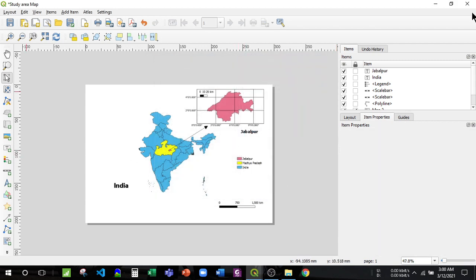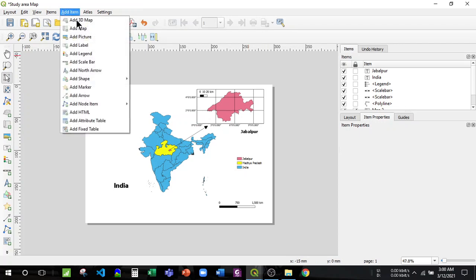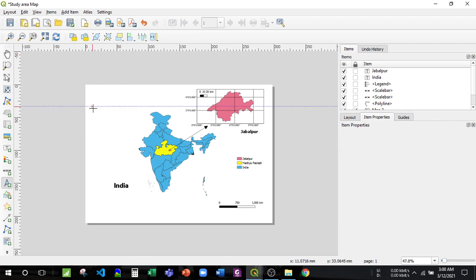Yeah, it shows our labeling. Then again clicking and adding the north arrow, so here, and we will add the north arrow here. It shows the north arrow. But the main important thing is adding the label over here.